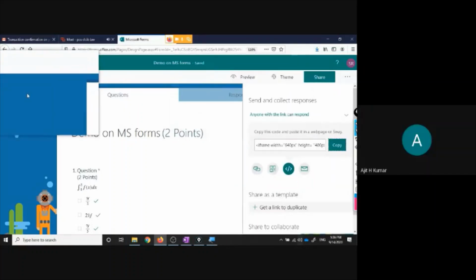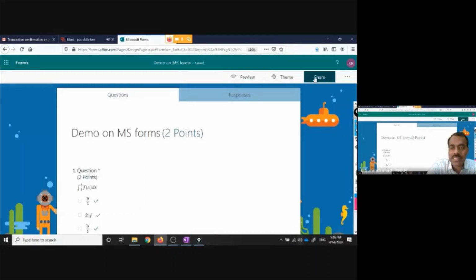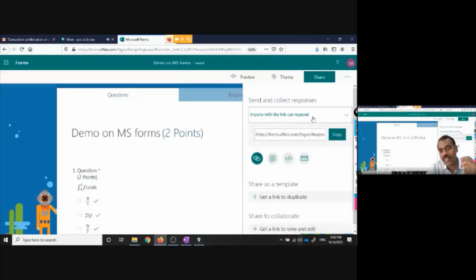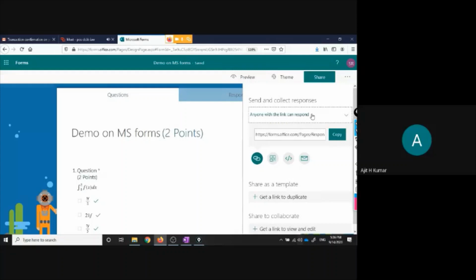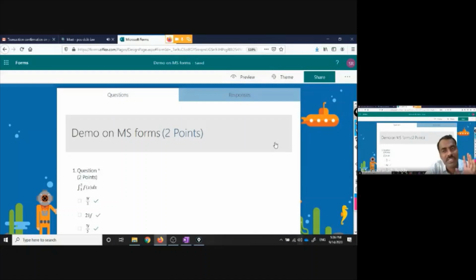Dr. Surendra, within the organization is fine, but is it possible to restrict this only to those students? Let us say, for example, if you are conducting an online exam, then only those who are registered. Is it possible to restrict only to them? No, because we don't have any mechanism to restrict through email IDs or something. Only one way is we can send that mail to a closed group. Maybe by mailing this link to only those people. But right now, at present, that feature is not available.